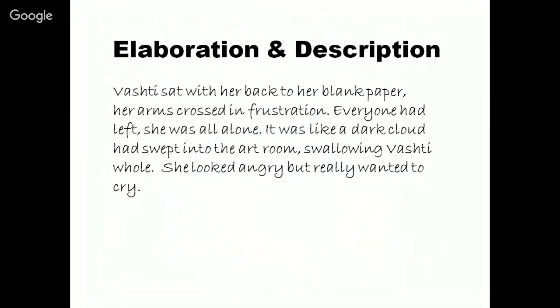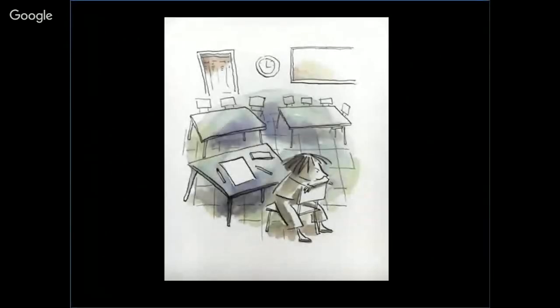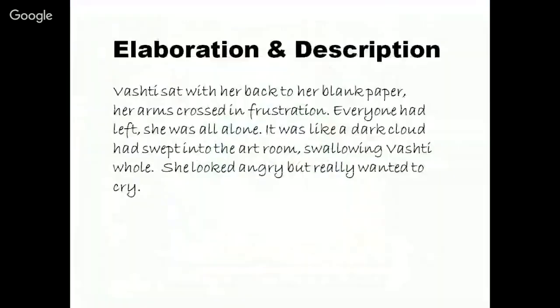All right, so another way that we can engage kids in writing is more of an ELA approach, where they would take a picture like this and think about elaborating and putting good description into their writing. So they could take this image, especially if they were familiar with it, and instead of writing just using text evidence, they would write it just as if they were trying to describe it, as if this were just a text. So I'll show you the next slide. So this would be an example of taking the picture and working on elaboration and